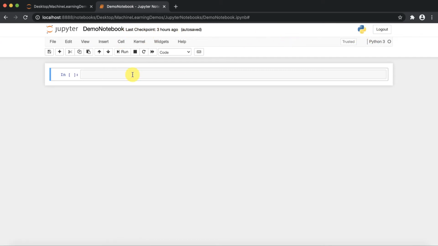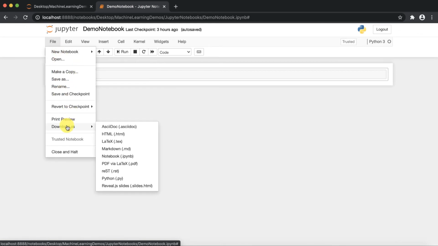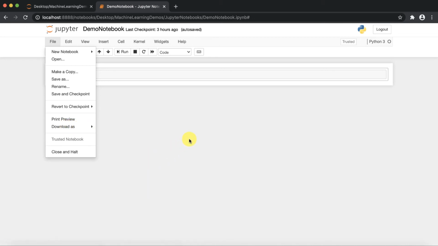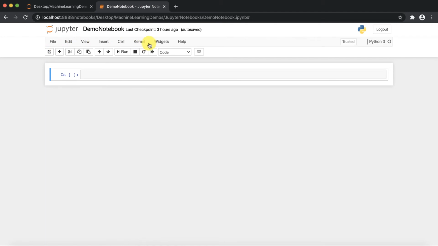Now let's move ahead and discuss some of the toolbars of this Jupyter notebook. So first of all, the file menu is there. Here in the file menu, there are common functions we have, right? Then there is a download as button. You can download your Jupyter notebook in any of these provided formats. After that, the edit menu is there. Here again, there are some functions available. You can go through this menu and you will find the different functionalities provided by this Jupyter notebook, right?